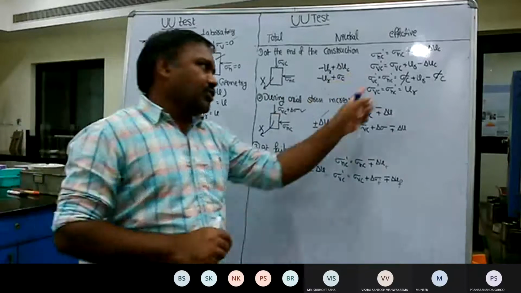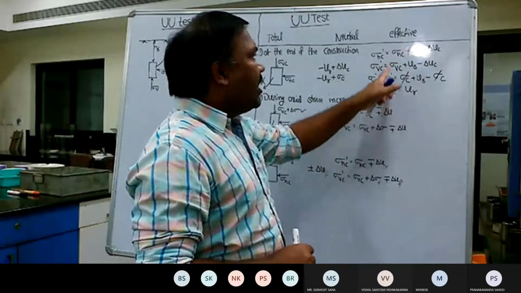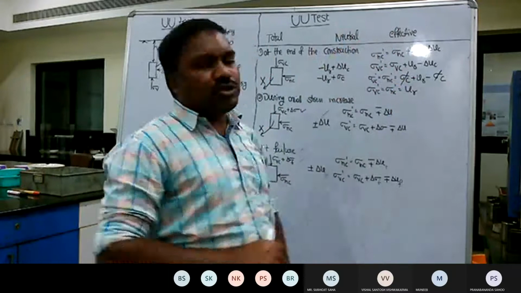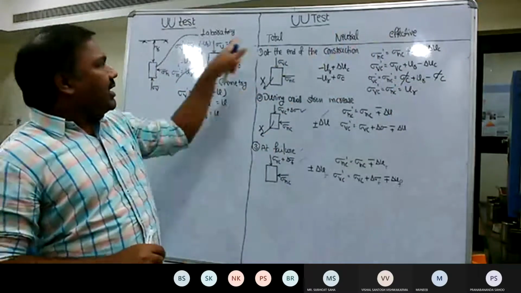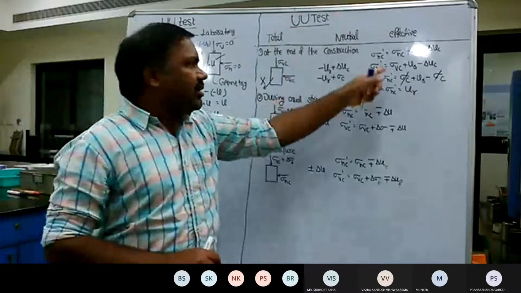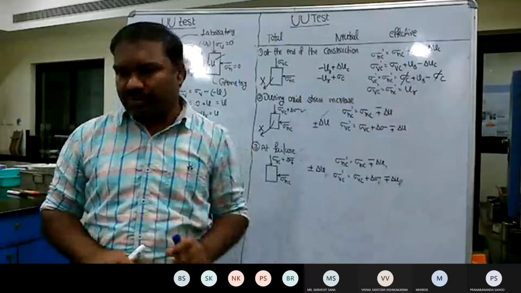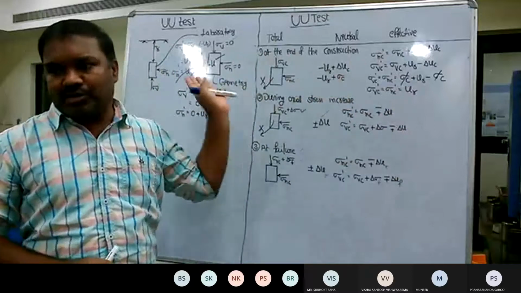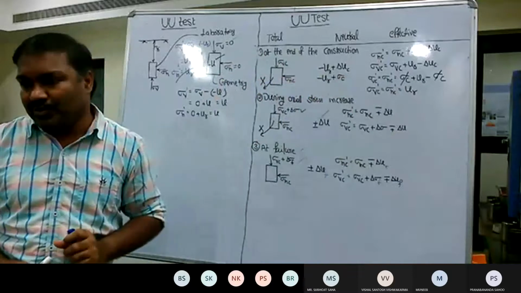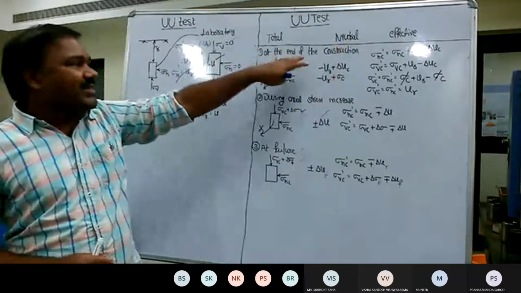So if you rewrite all the equations, then the effective stress, with the application of the confining pressure, will be equivalent to the positive pore water pressure. Initially at the laboratory condition, it is the negative pore water pressure. But after application of the cell pressure, it has turned from negative to positive. So you have to understand there is a change in the pore water pressure, and there is a change in the state of the stress also. Those are the critical points, and this is a little complexity.